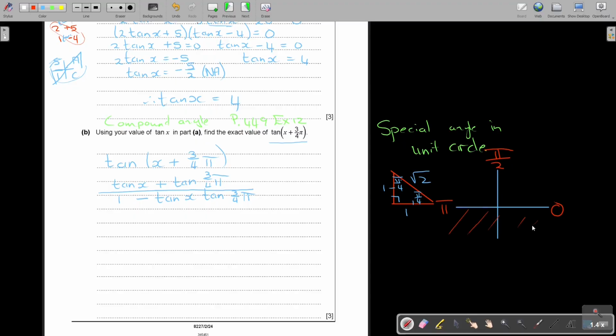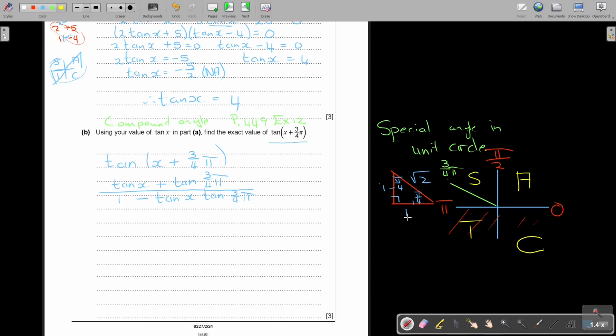But can I just, and you will see it on that special angle, just see that it's in this quadrant. Can I just put a line there? So basically, that 3/4 pi will be in this quadrant. Just remember it there. So if you think of the CAST diagram, you will still work with these values. It's just to see if there must be a negative involved or not.